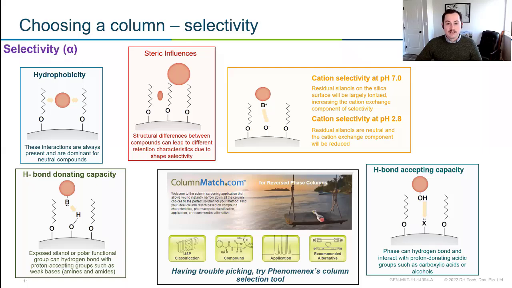So this can be, and admittedly it was for me when I first started, one of the more tricky parts of LC analysis, choosing the column that's right for your method. So there are a lot of really cool tools out. I particularly like this one from Phenomenex called Column Match, not just because it has a funny name, but you can actually enter in the structures of the compounds you're interested in, and it will give you suggestions on what stationary phase might be best for that type of analysis.